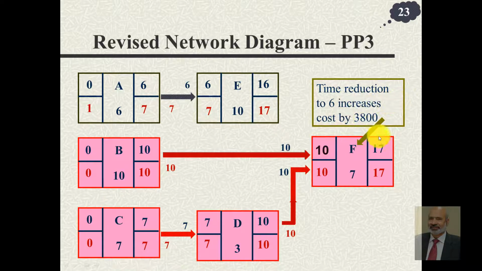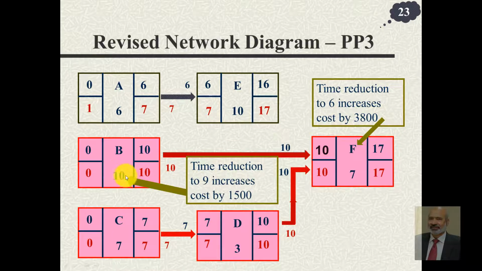If you don't touch this activity, then in order to reduce time, because there are two critical paths, we have to reduce this activity duration from 10 to 9 by 1 day, and also C from 7 to 6 days. Only then it will become 9 plus 7 16 and 6 plus 3 9 plus 7 16. If you reduce only this one, then the project time would still remain 17. So in order to make it 16, you either simply focus on this activity, or this activity and this activity.